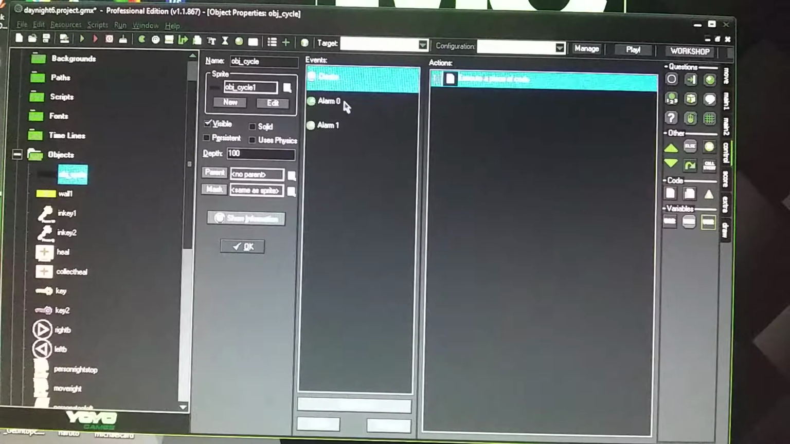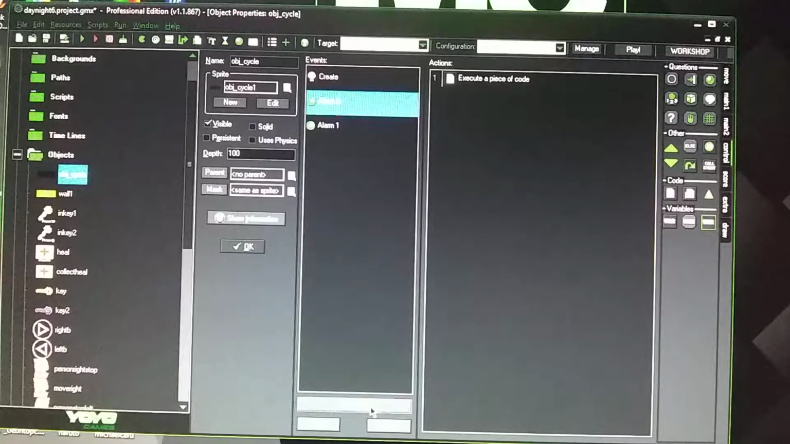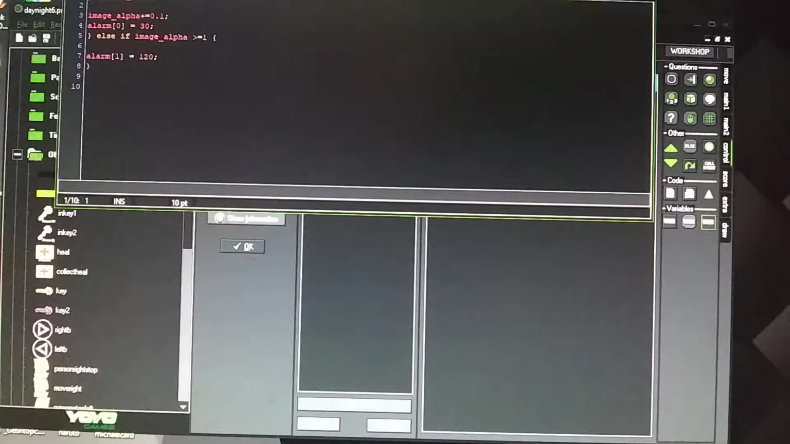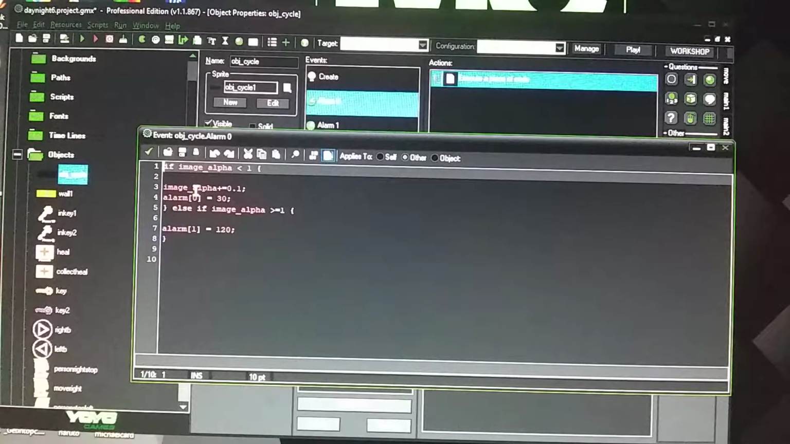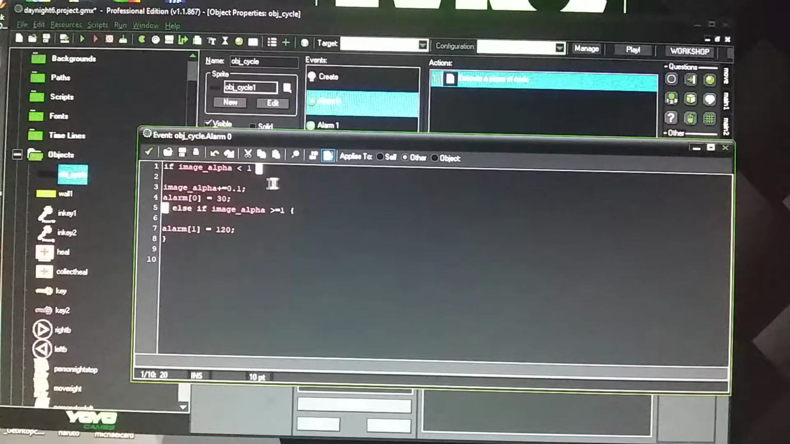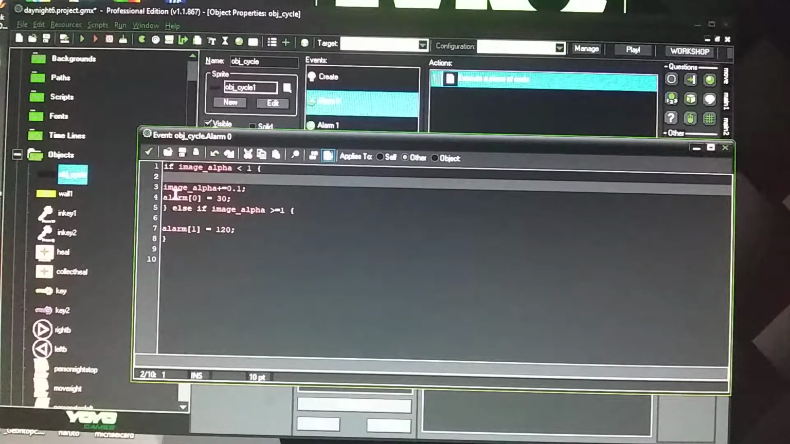And then for alarm, I went to that event, grabbed Alarm 0, and got a code sheet, and it states: if image_alpha < 1 { I'll put the code in the YouTube video description so you can get the correct information. Then it's image_alpha += 0.1;